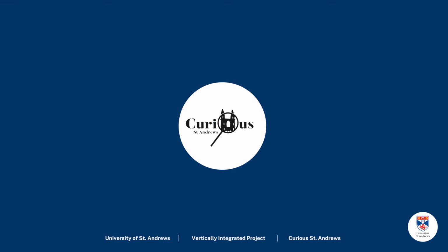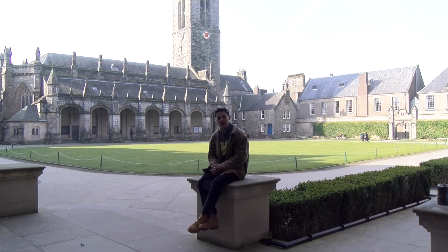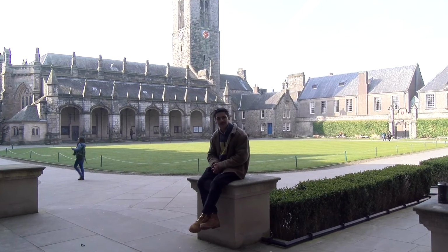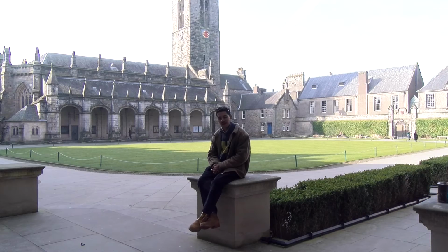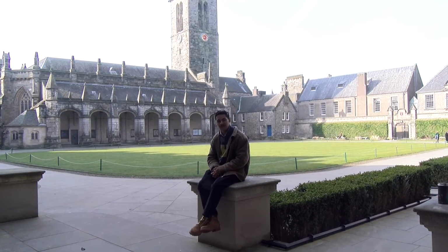So this morning we're in the quad, here for the Curious St Andrews project. You might have seen some other videos already about the traditions of St Andrews or about working life in the quad. Today we'll be talking about the chapel behind me and specifically the set of 6 bells that we have up there. We have 6 bells, 2 originals and 4 that were added in 2010 for the 550th anniversary